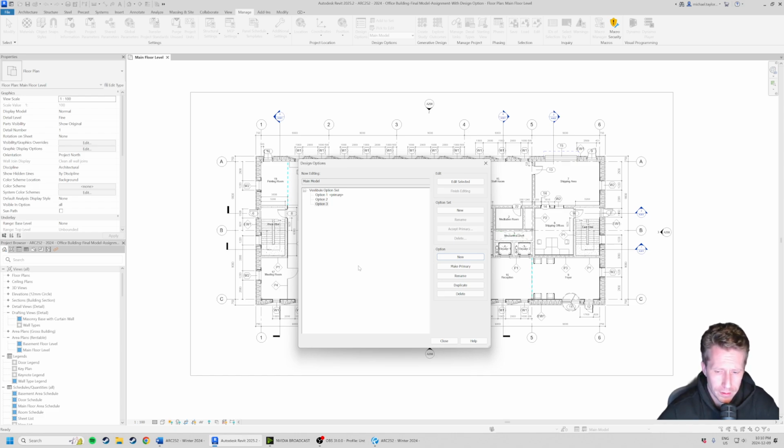Some helpful things that we may or may not get into here. I'll just walk through what these tools are. So new, of course, is to generate a new option. Make primary, we'll get to this in a little bit. Rename, obviously we can rename these. So I'm going to rename the option here. We'll do option 1, no vestibule. Option 2, we'll rename this to be dash, where's my dash? South vestibule. And we'll do option 3,